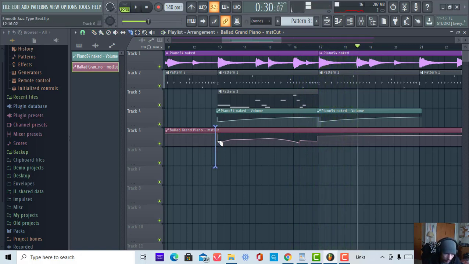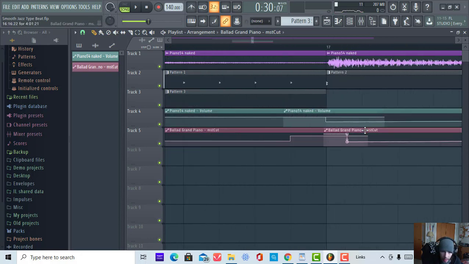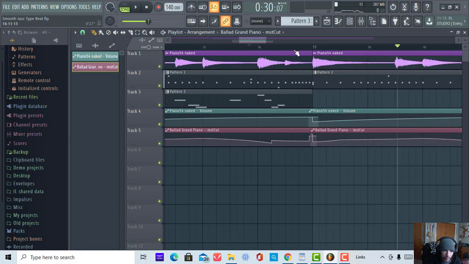So now if I want to repeat this automation again, I can just do the same thing, just cut off what I don't need, make a copy, just drag it over, and then it'll